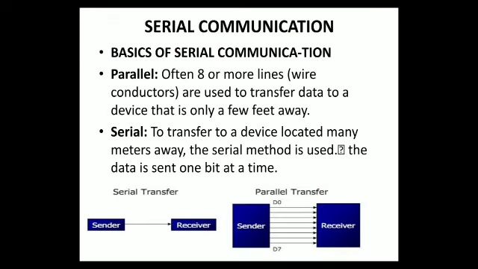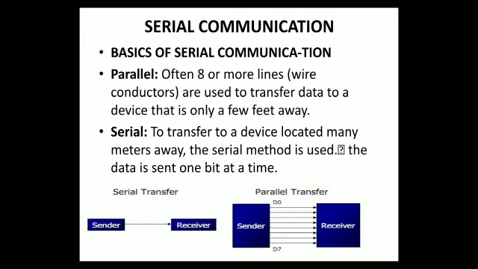So let us understand the types of communications basically supported. Normally we say that there are two ways of establishing communication between two different devices. One we call parallel communication, and the other is called serial communication. So when should we call it parallel communication? Often when we have a larger number of data lines connected between two devices, which support a byte of data transfer, which obviously means you are sending a packet of data at the same time.